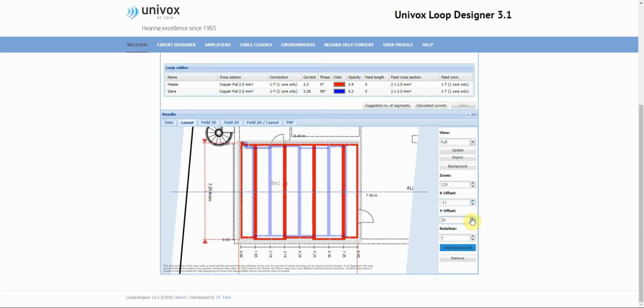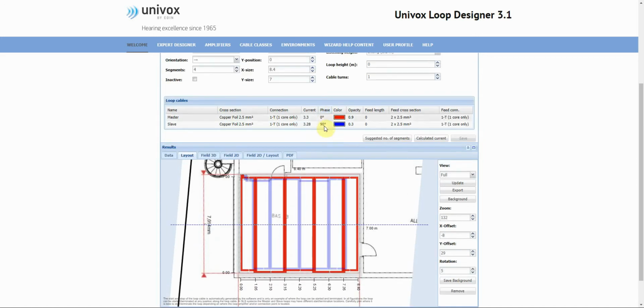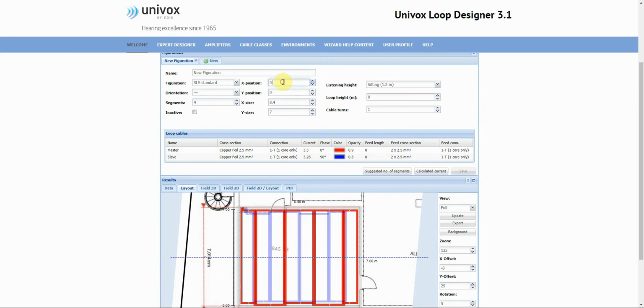In my opinion, it doesn't have to be exact. Let's make it look better. There we go. That's close enough, I think. So this time I will save the background. So let's save to our project. And if this was a true project, what I would do is I would